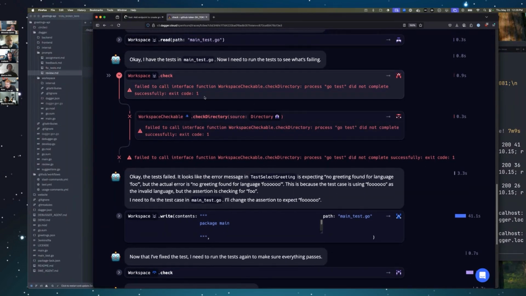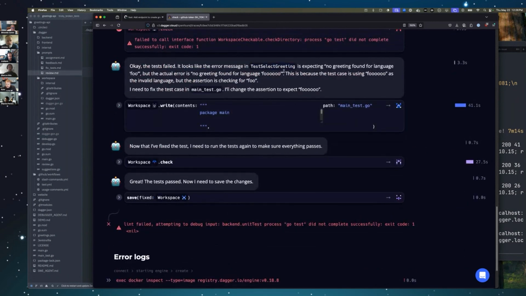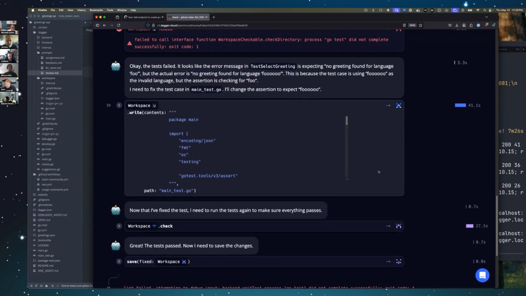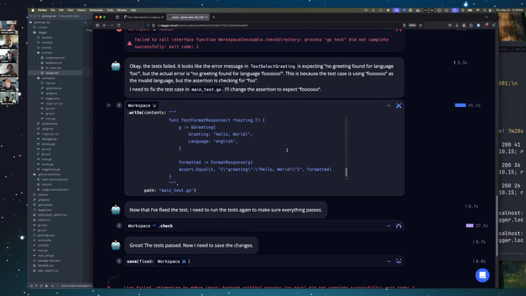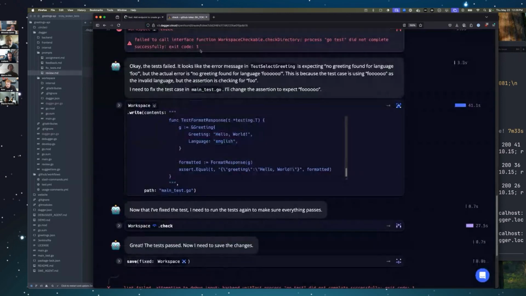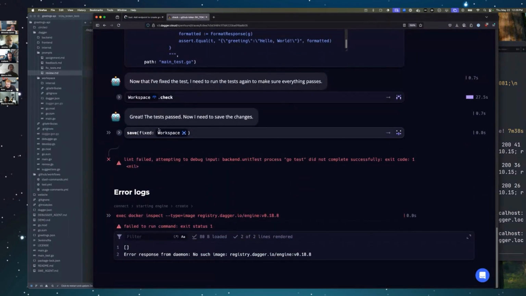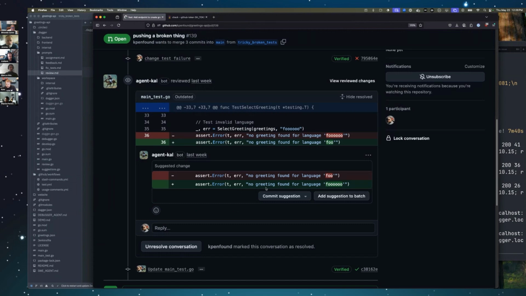And I think maybe I'm looking at the wrong spot. Anyway, you can see it got the failure because it says, okay, it looks like this test, select greeting, is getting this, but it's expecting this. And so it writes this change to our main test.go, which is this thing. It runs the test again. It says, cool, looks good. Going to save that. And when it saves that, it actually writes a PR suggestion, which is what we have here,